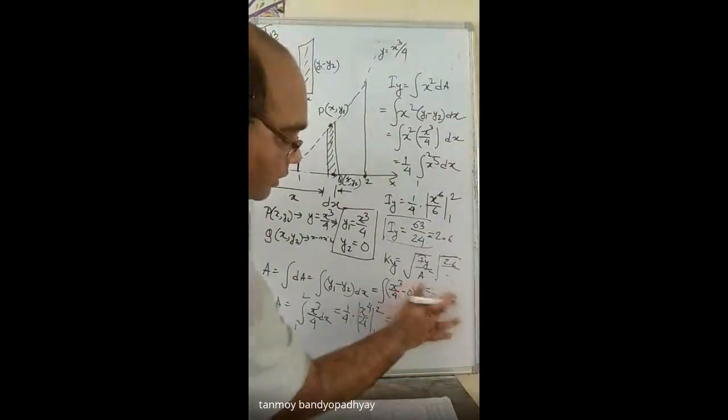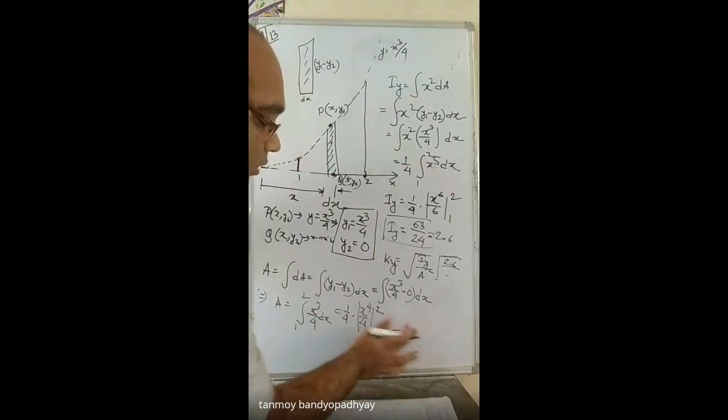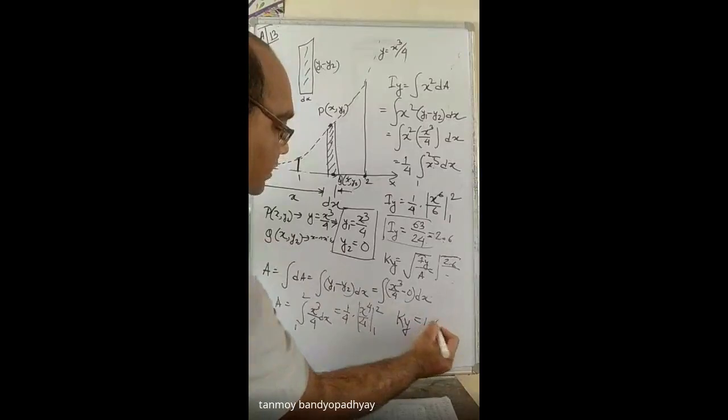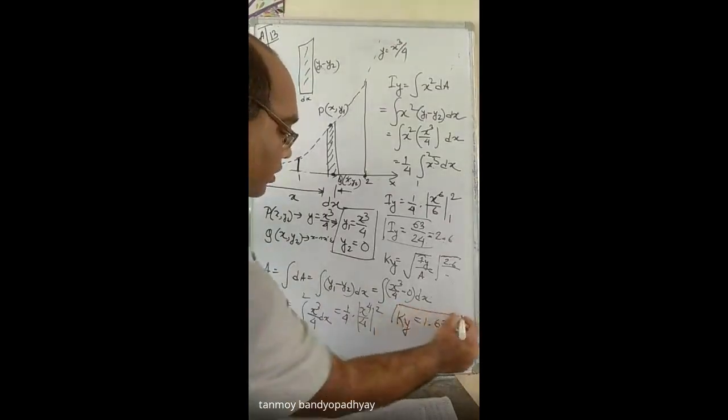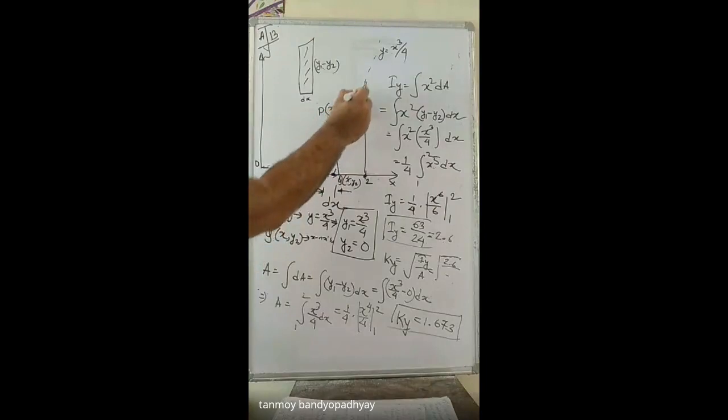Sir, ky equal to 1.67. ky is equal to 1.673. So once you do all the calculations, the value of ky, what you will be getting is 1.673. This is the value of ky that you should be getting after calculating the area and dividing Iy by the bounded area. So this area you have to calculate, this total bounded area.